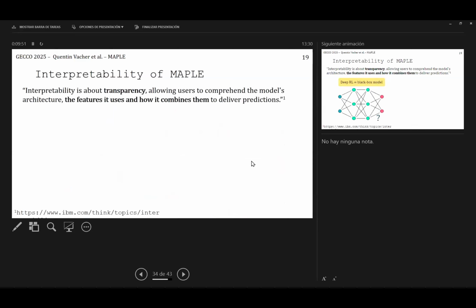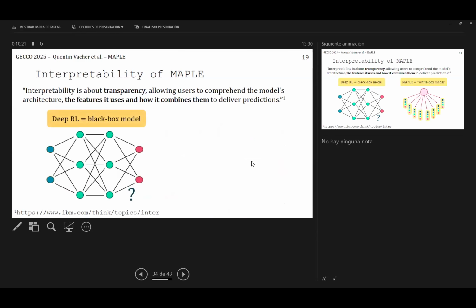And one of them, as usual with GP, is interpretability. I know that interpretability is always a tricky subject to talk about, so I took a definition from the IBM website that I'm just going to read. Interpretability is about transparency, allowing users to comprehend the model architecture, the features it uses, and how it combines them to deliver predictions. What we are really interested in here is the transparency, the features it chooses, and how it combines them to deliver the prediction. When you use deep reinforcement learning, you know the architecture, but you don't really know